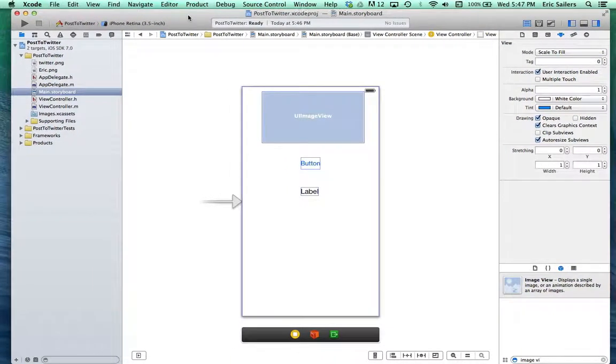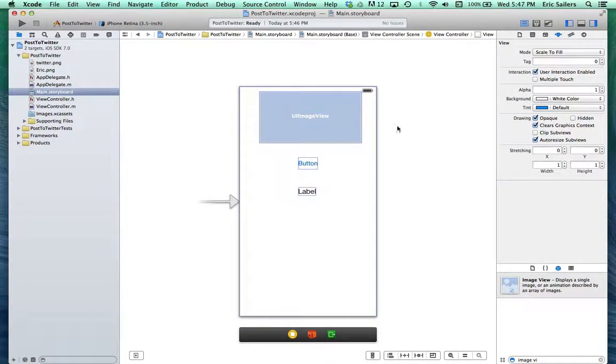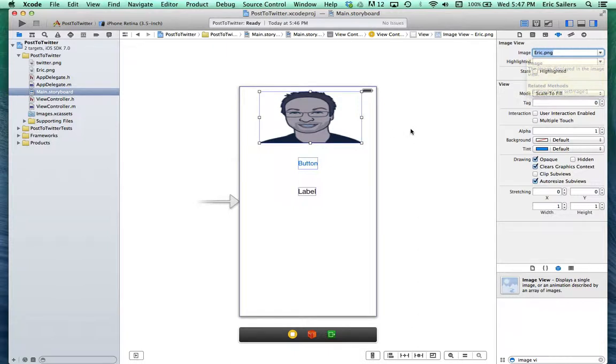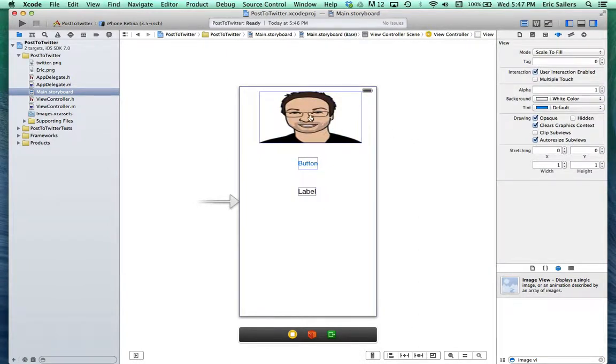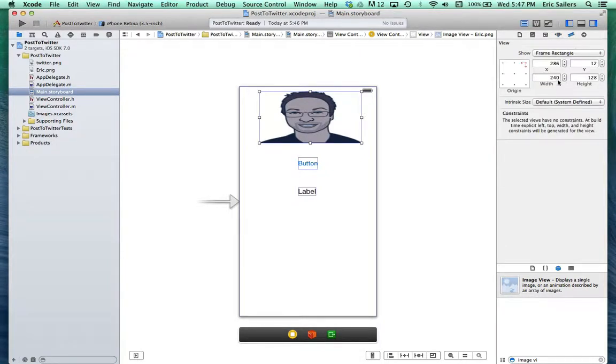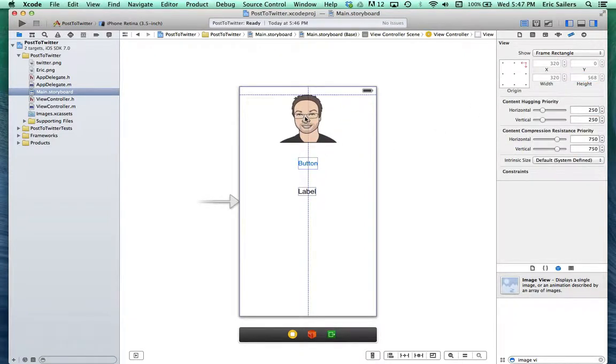And now that I have those images in my project, I'm going to select the image view, and I'll go down to the drop-down menu for image, and I would like the eric.png. It looks a little bit stretched out, so I'll go over to the size inspector and I'm going to change the width and the height. I happen to know that this is 133 by 119, and now that looks pretty good,